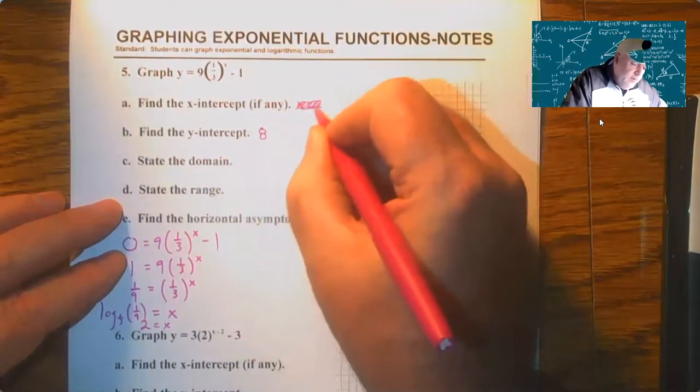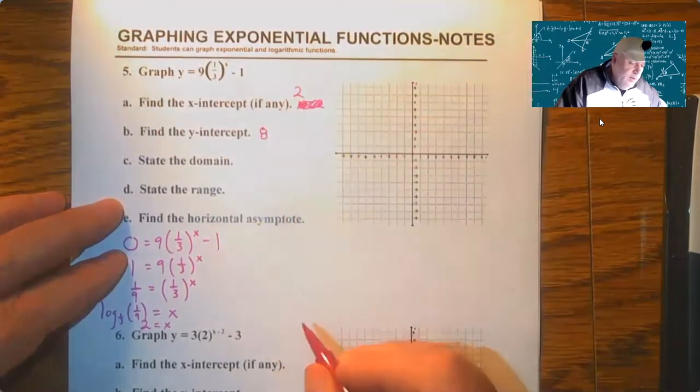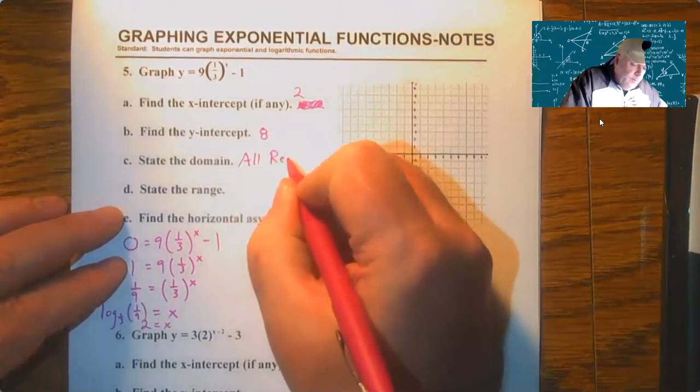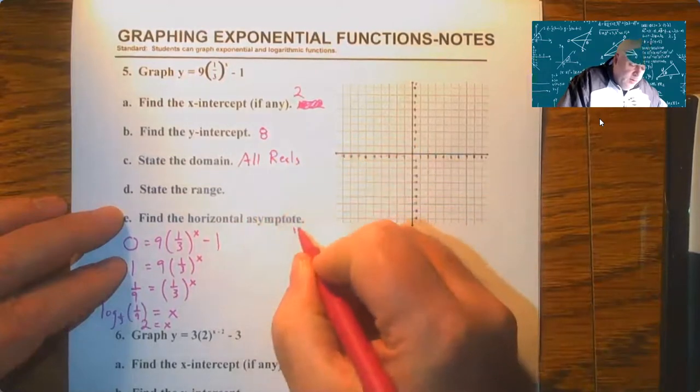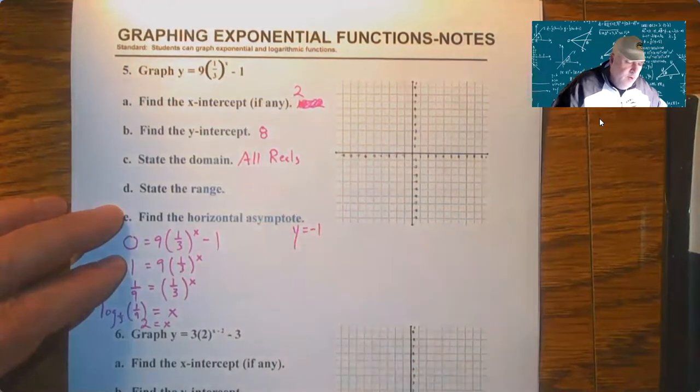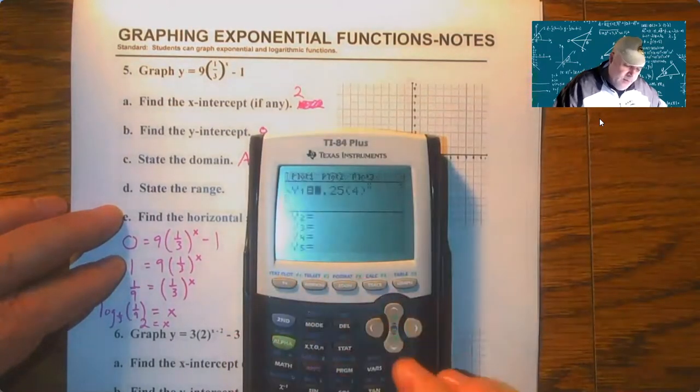I meant to just say 2 here. That's all we need to do. State the domain. It's always all reals. State the range. So the horizontal asymptote is -1, and now we want to see what this looks like relative